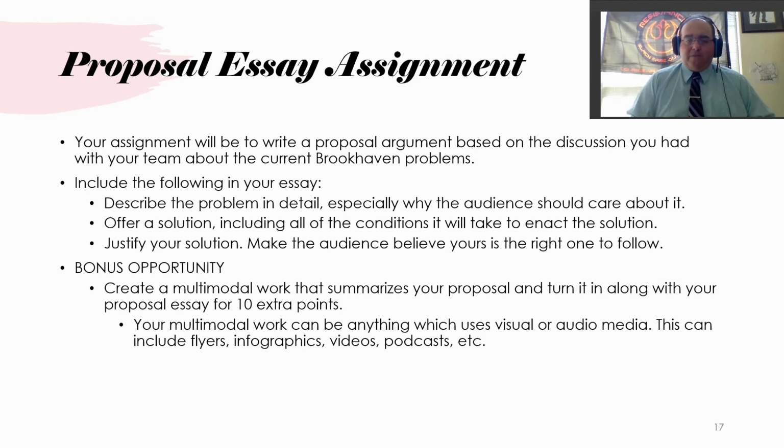And in terms of infographics, it's kind of like that one I showed on the previous slide, the Ehrlichman quote. Something that's going to appeal visually to the reader and make them think about your proposal. Okay? Same with any flyers or PowerPoints or whatever you create for it. Whatever kind of multimodal argument you want to make, any kind of multimodal presentation you want to make.